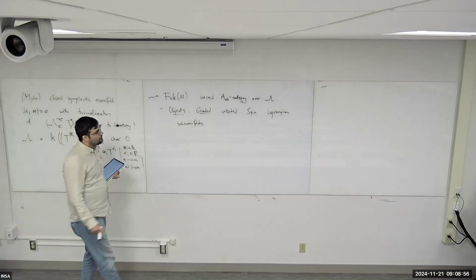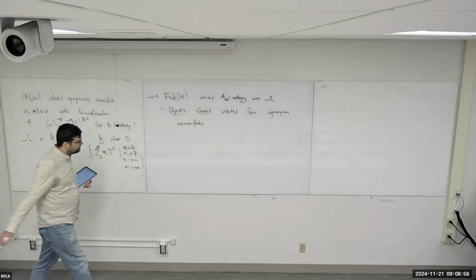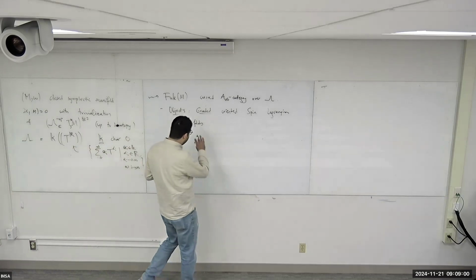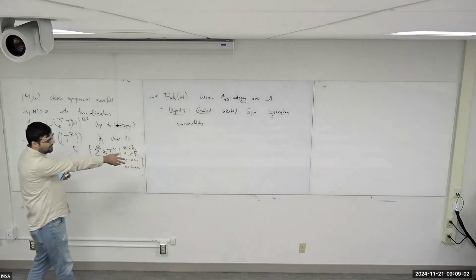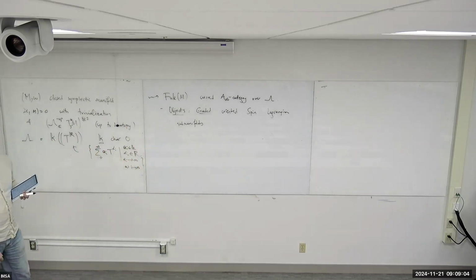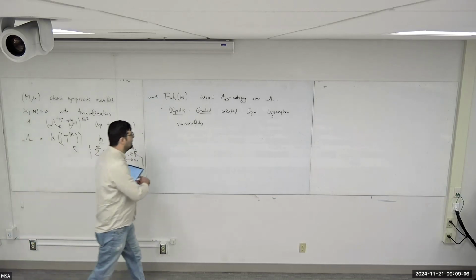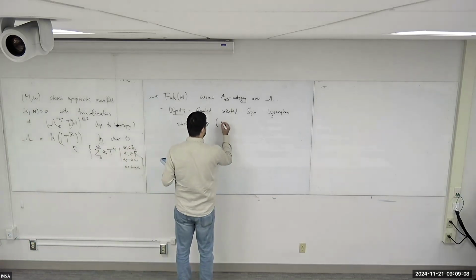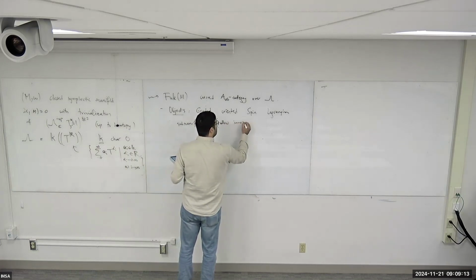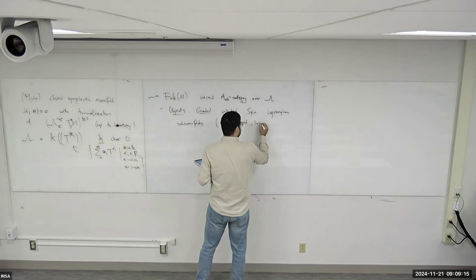So no local system, or something? Well, okay, I will have the local systems by having bounding cochains. But you could have that, yes. You could also allow immersed Lagrangians. It's sometimes